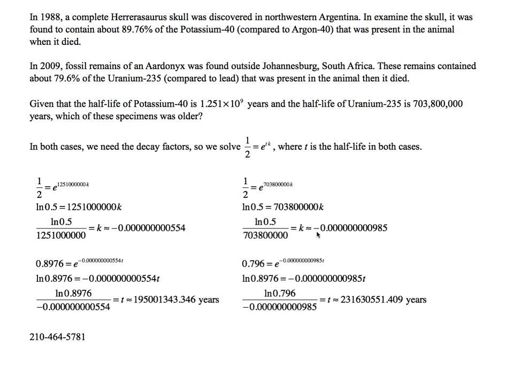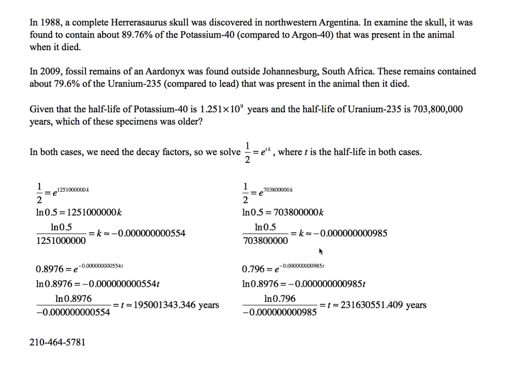And then a similar procedure is performed over here, and you can follow, comparing the numbers with the equations here and the solutions here, and you'll see that we end up with another very old sample, 231,630,551. How far you round is probably not the thing that's going to get you in trouble on these questions. So, a reasonable approximation, especially if you have this work to show me that you knew what you were doing,